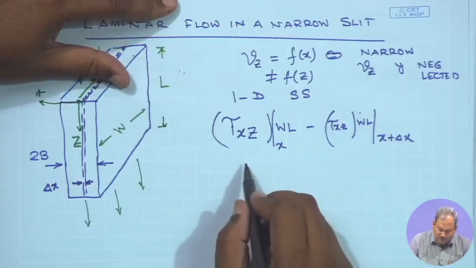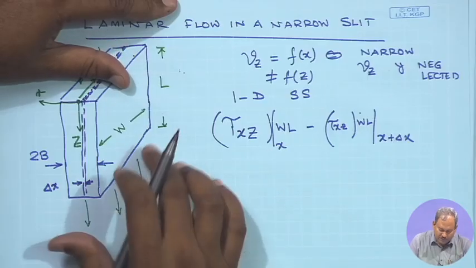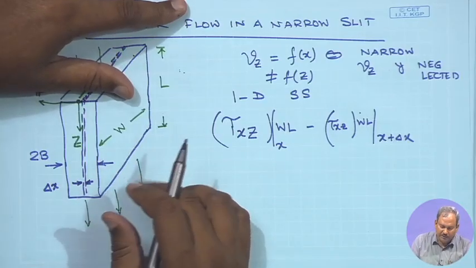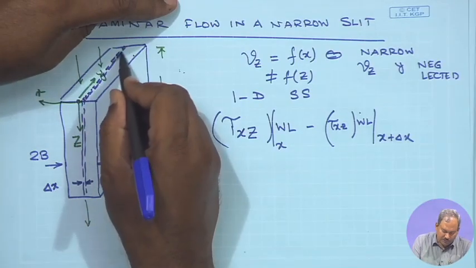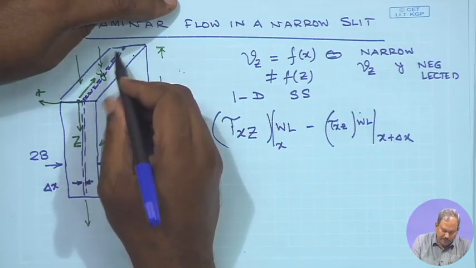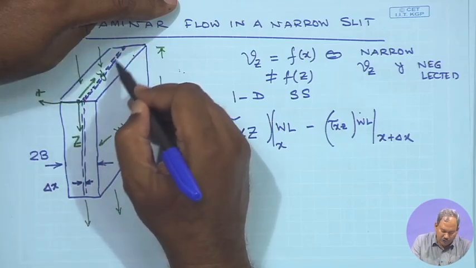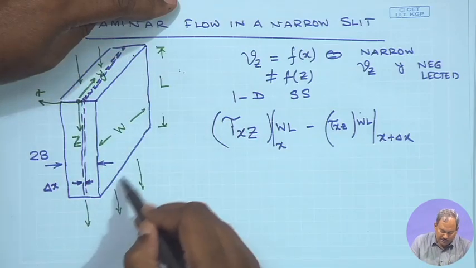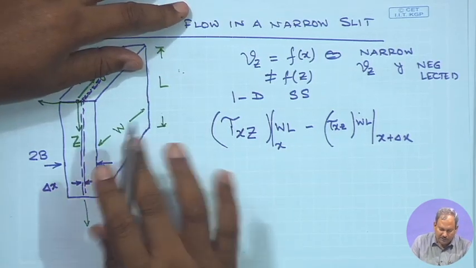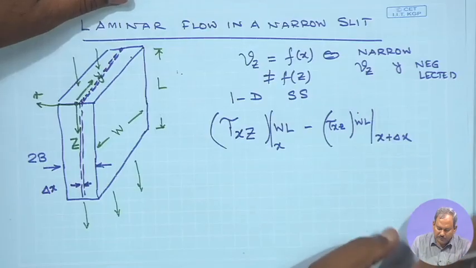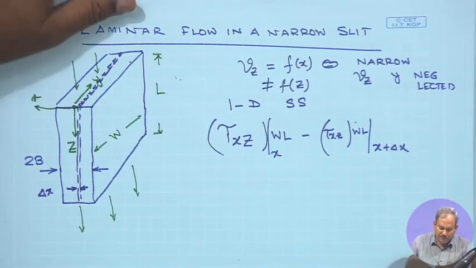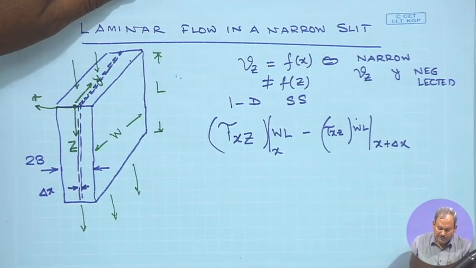So, I do not write them, because they are going to get cancelled anyway. The rate of momentum coming in because of flow at the top of the shell and at the bottom of the shell are equal, and so there is no net contribution of convective momentum in this case, but there is